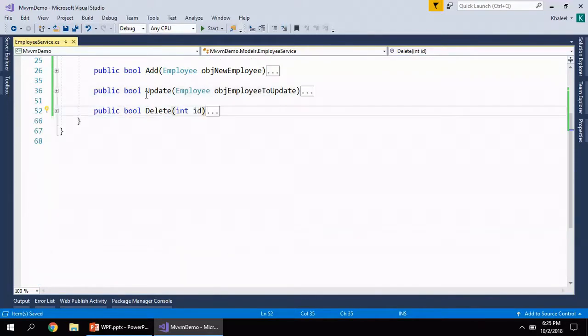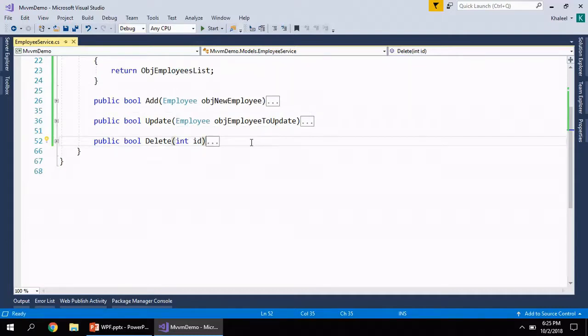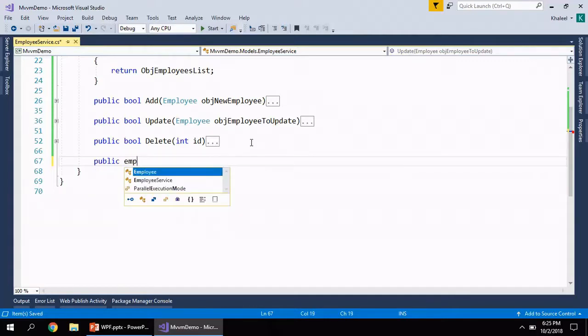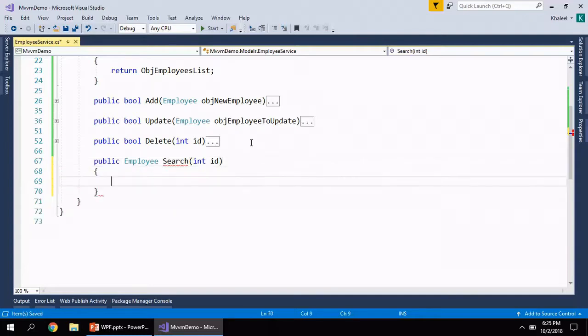In the same way, I also need a method to search an employee based on ID. So once again we will have a method here, public Employee. This time the method is not going to return any boolean value, it is going to return an employee object back. So here we'll say Search, int, once again ID, because we are going to do a search operation based on ID.